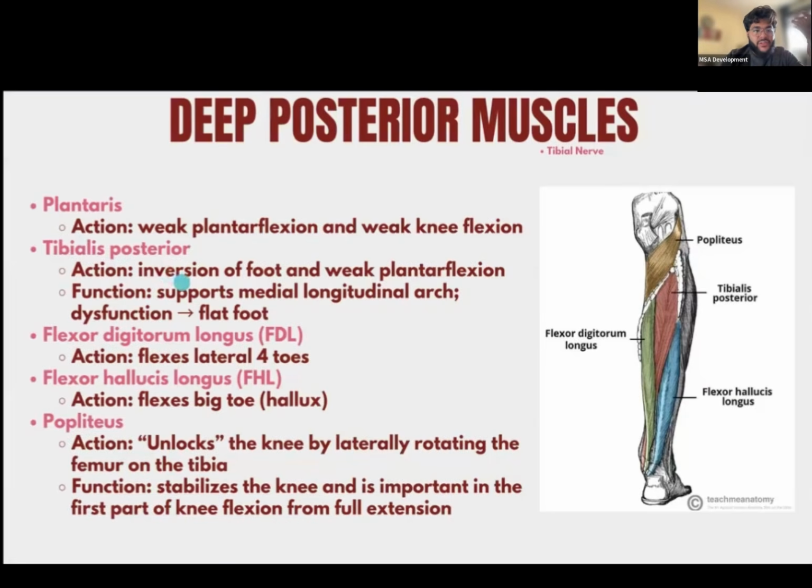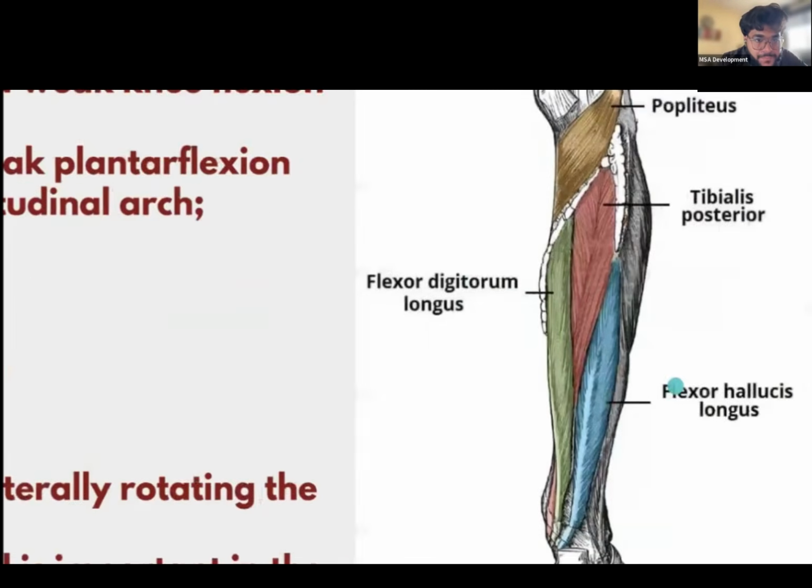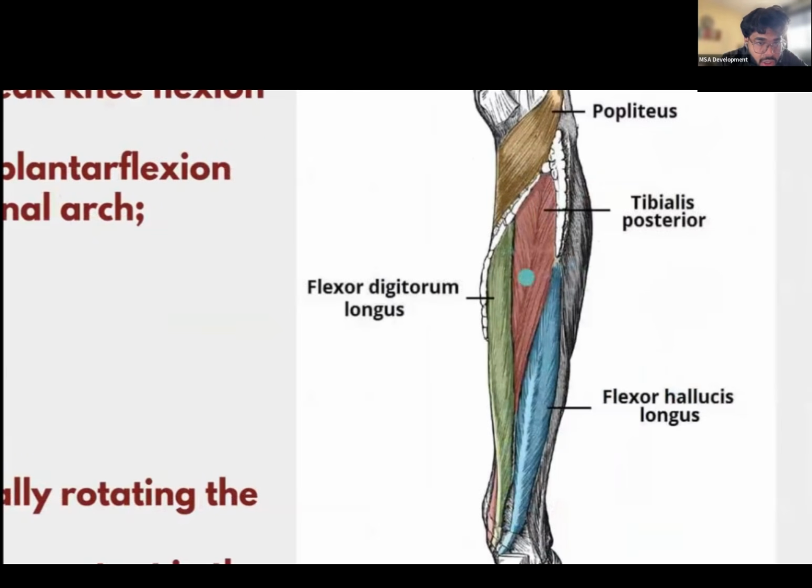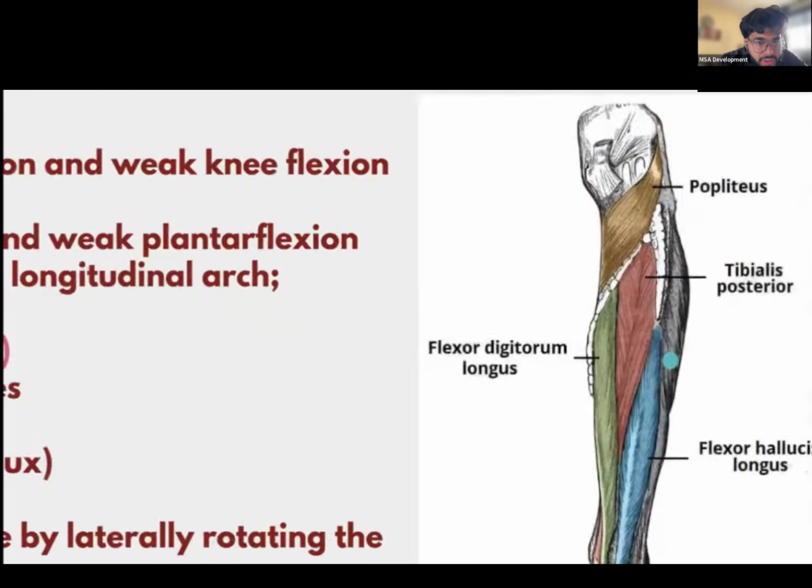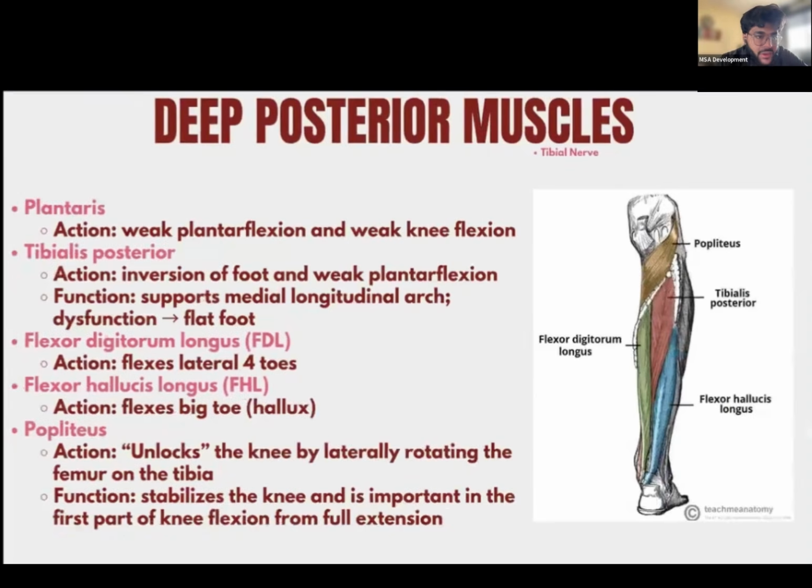Then you have the plantaris, which is basically again there for weak plantar flexion and weak knee flexion. Here you can see the tibialis posterior. Plantaris you can't really see over here. But if I'm not mistaken, plantaris should be a part of the okay, I have this here by mistake, guys. So the plantaris should not be here. But again, you have the tibialis posterior, flexor digitorum longus, flexor hallucis longus, and the popliteus, which are part of